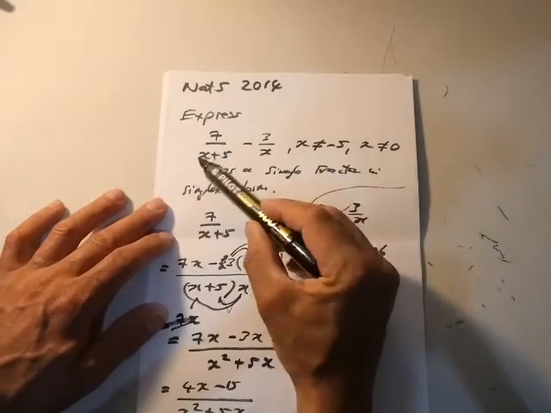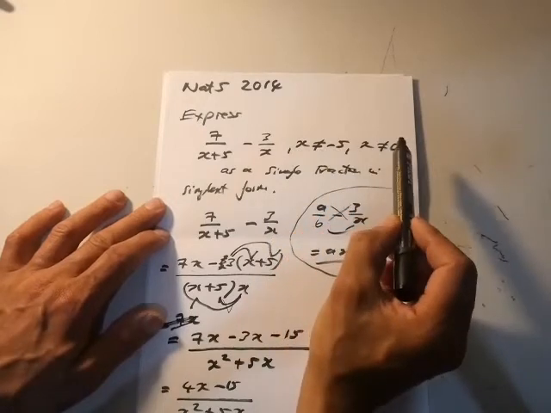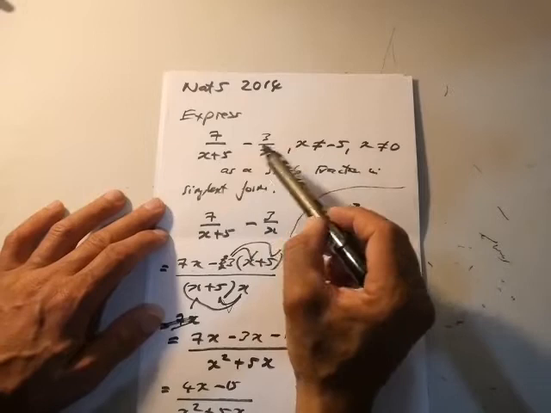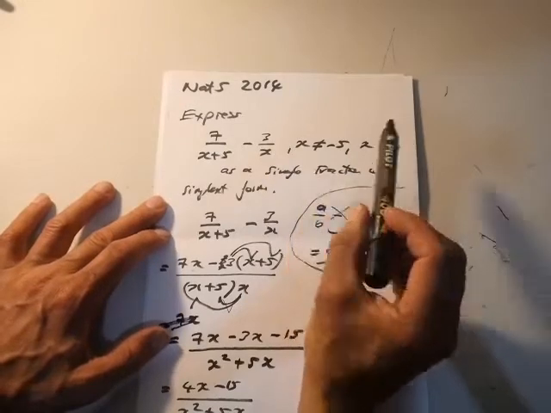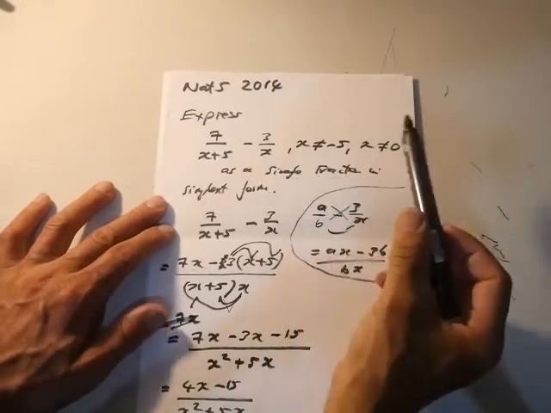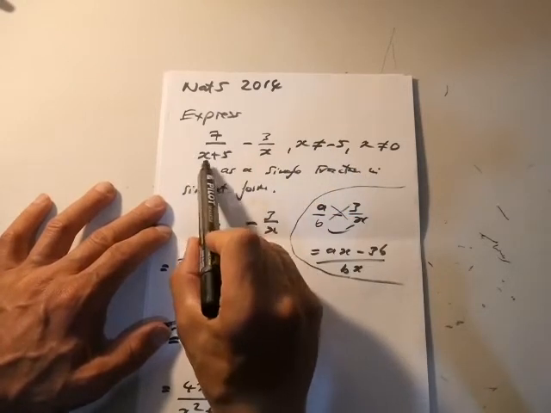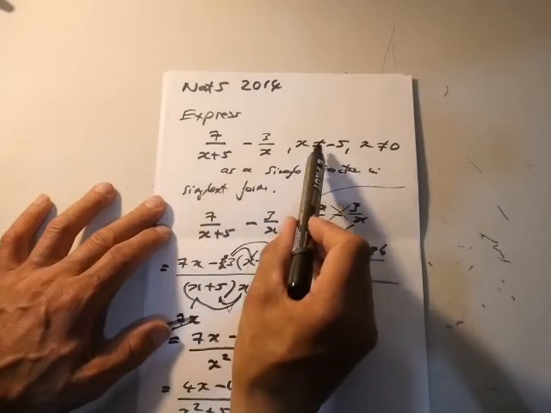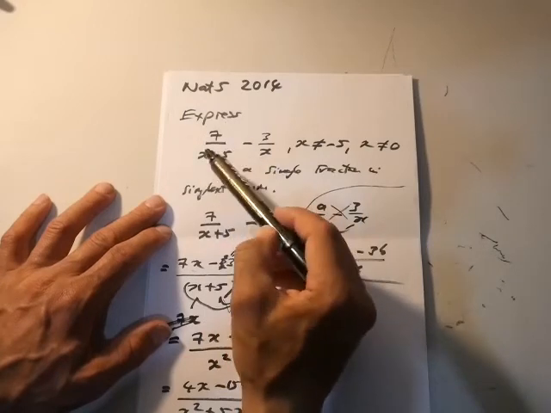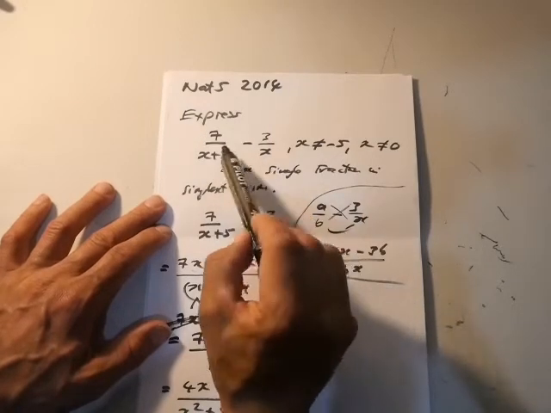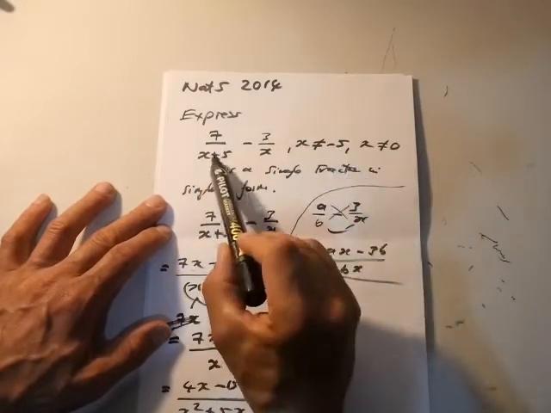I should point out, when I wrote x is not equal to minus 5 and x is not equal to 0, if you put x is 0 in here, 3 divided by 0 is impossible, okay? So this whole thing becomes meaningless, because 3 divided by 0 is infinity, it's impossible. And if you put x is minus 5 in here, minus 5 plus 5 is 0. So if you put that into there, it becomes 0. So again, that divided by 0 is meaningless, which is infinity basically. So this expression has no meaning when you put either x is minus 5 or